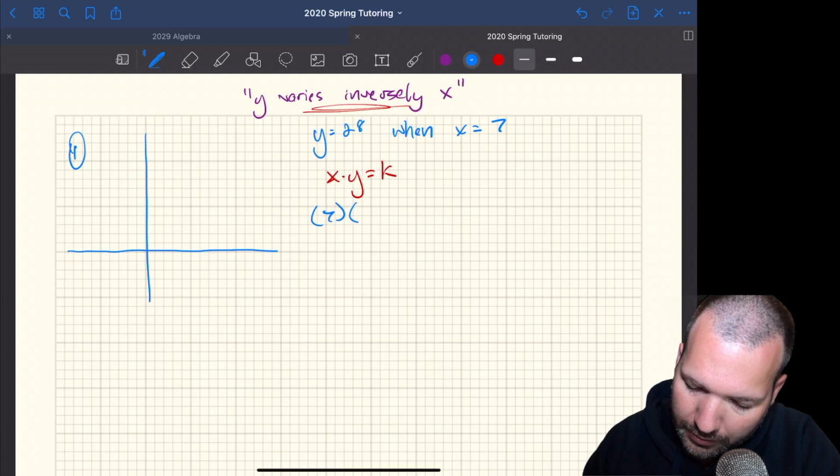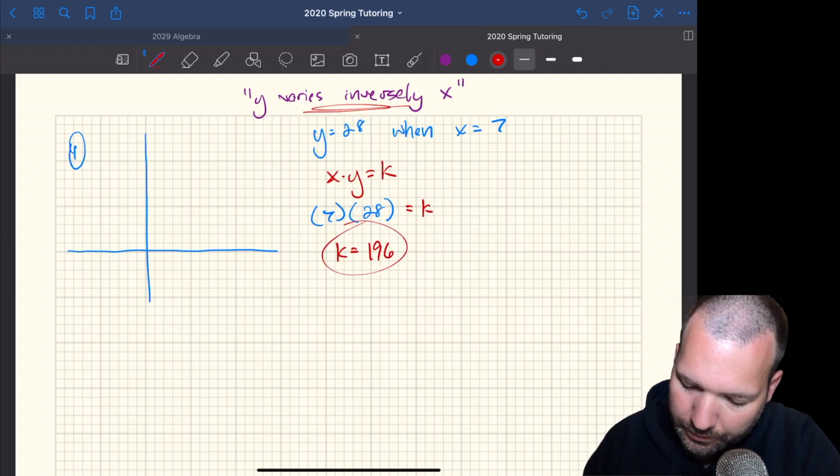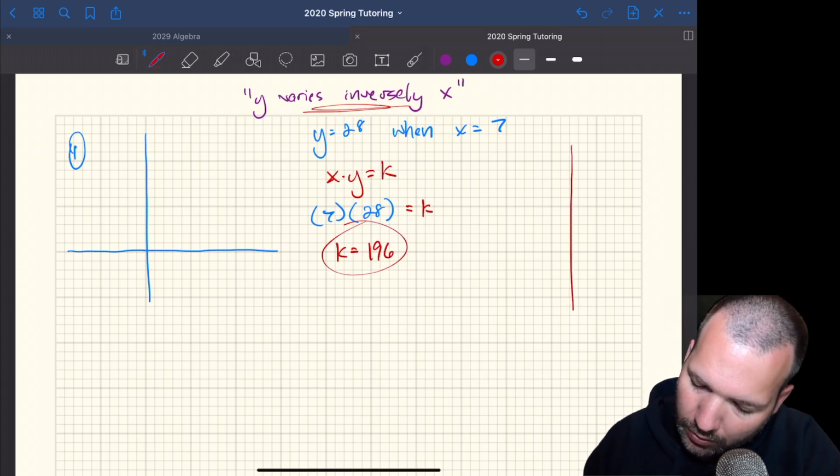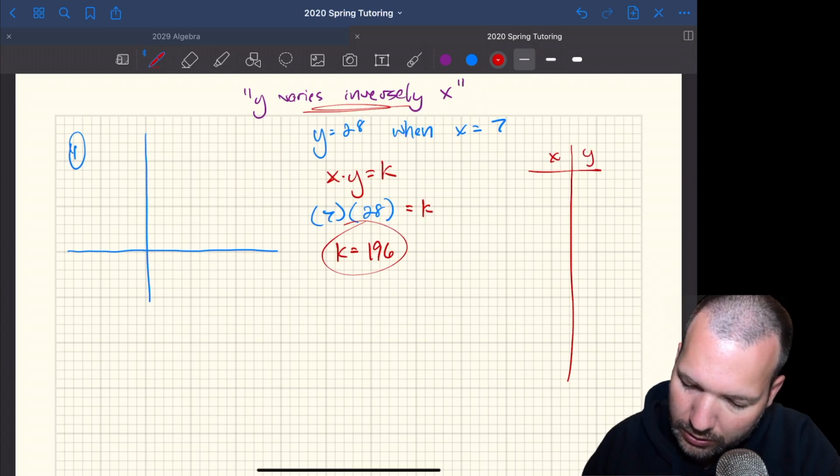7 and 28 and figure out that our constant of variation is 196. And so if we're thinking about building a table of values, we just need things with a product of